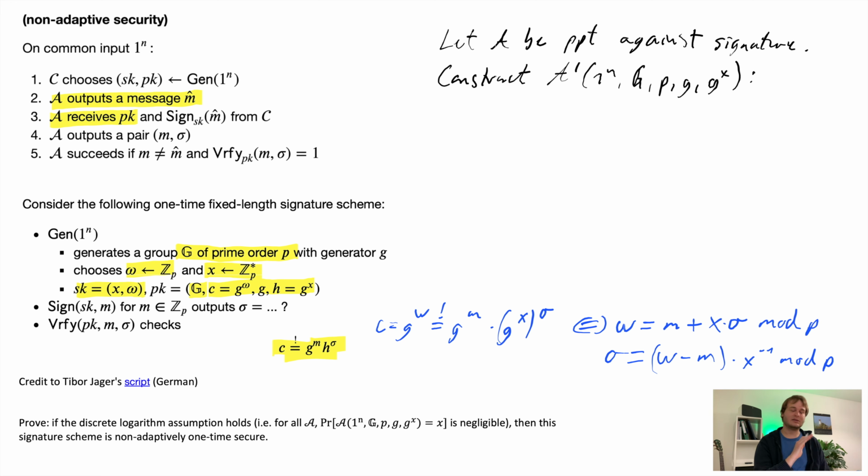And A doesn't need anything, it will just immediately send a message m hat. Now a trick will be that because A only needs to receive the public key after it has sent the m hat, we will generate the public key in a way that will help us later, and then give it to A only after we have already seen the message m hat. So what's happening is